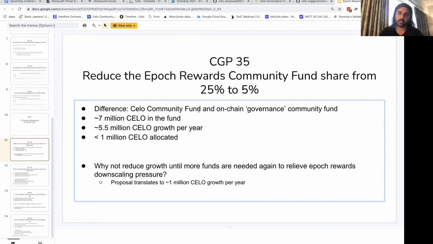On the naming choice by the multisig by Deepak and Patrick, I agree that it should be at least renamed, at least in the interest of the community. But yeah, I wouldn't want to call the one that's part of the protocol the governance community fund, because I think the word governance might just be exclusive, to people who understand governance, and not necessarily to the entire community. And I think that keyword matters. But I wanted to give that point before we continue this debate.